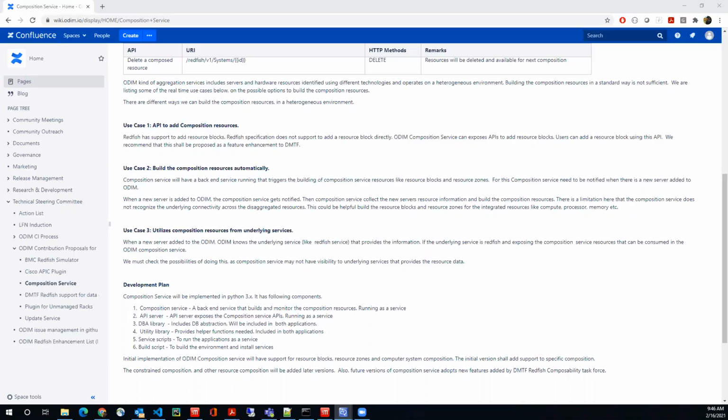Yeah, but I am cautious. I am cautious about oversimplifying. If we just assume that a server is a resource block, then this is not scalable, and this is not future proof. It's reflecting how it is today. If I hook up even a Dell server or an HPE server, you will see that you can't use them for anything but the whole server.